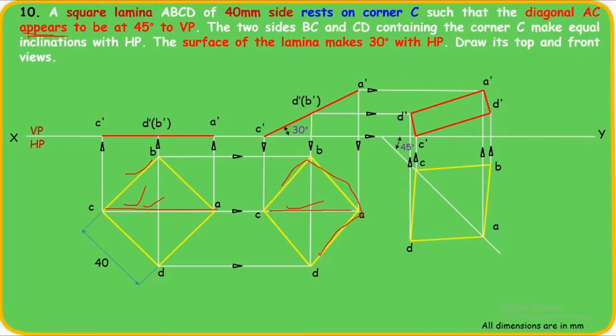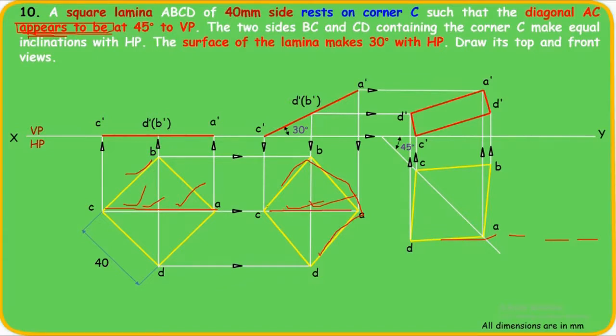In the next problem, we'll only change this word. Instead of "appears", I just remove it and write "is inclined". If they give "is inclined", then they give the angle with respect to the true length. So when they give the angle with "appears to be inclined", it is the non-locus method. Can you find any locus line? There is no locus line here. What is the locus method? You will see it in the next problem. Here it is directly given.